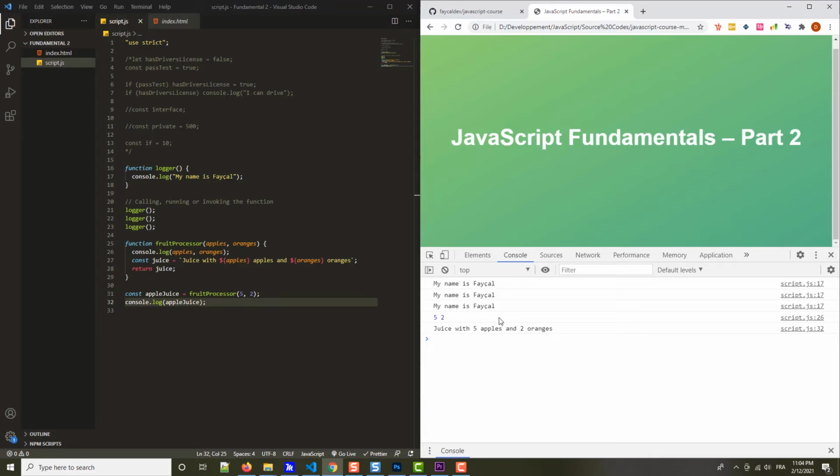So we call the fruit processor function here with two arguments, 5 and 2, and these arguments are the specific, actual values of the function parameters, which are apples and orange. So when the function is running, apple in here will be 5 and orange will be 2. Then we use this value to build this juice string here, and then we return that value from the function. And what that means is that basically the result of calling this function here will be the juice value that